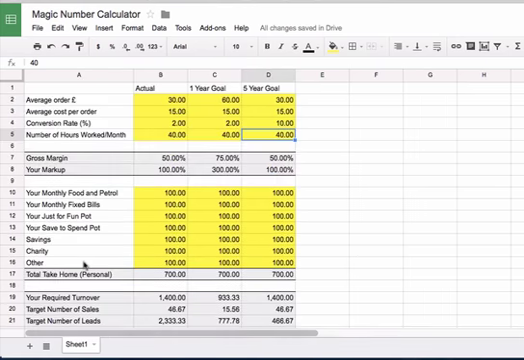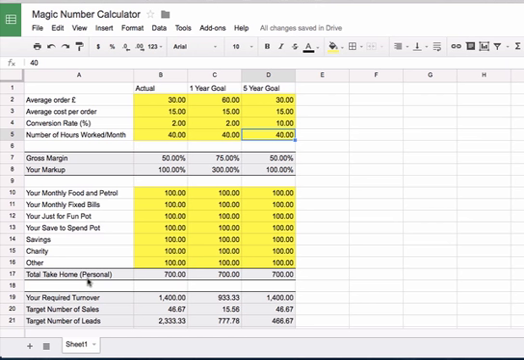So just plug your numbers into the yellow bits, and then the grey bits will be automatically generated for you. And hopefully that all makes sense, and it helps you get a little bit clearer about your magic number. I love, love, love, very sad probably, playing with these sorts of spreadsheets,